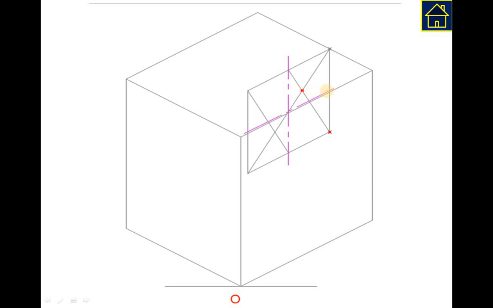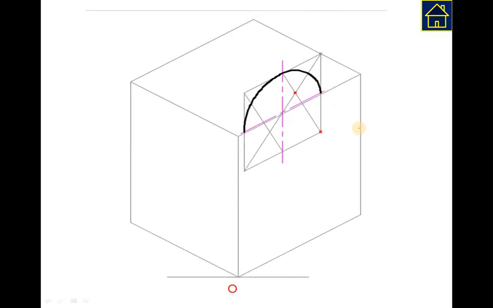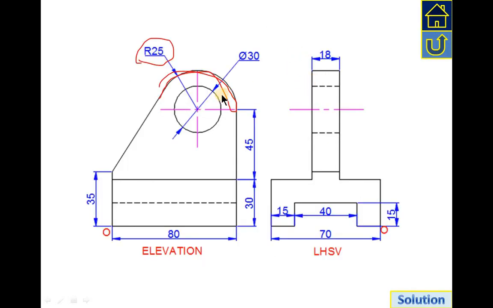With this center I am measuring this much radius and then completing the arc like this. With this center I am taking radius in the compass this much, and then I am completing this half portion of the curvature. So you can see the curvature is like this. Now next we have to observe the object once again. See, this curvature portion is done.